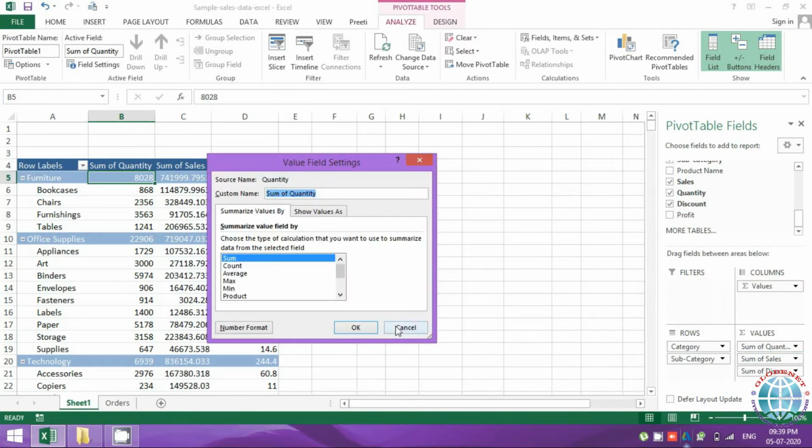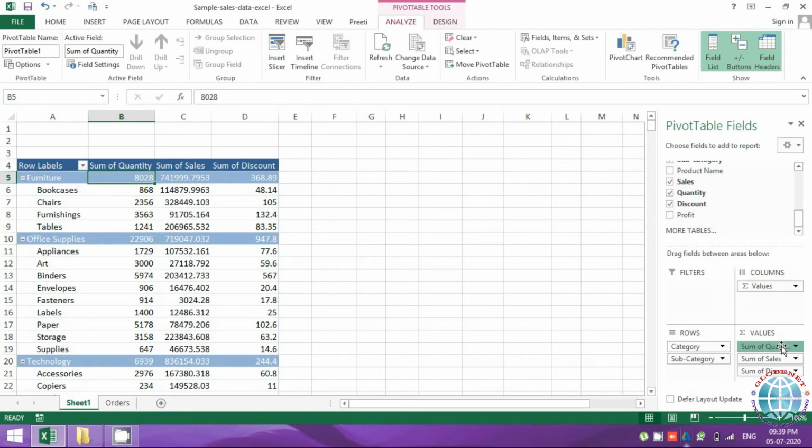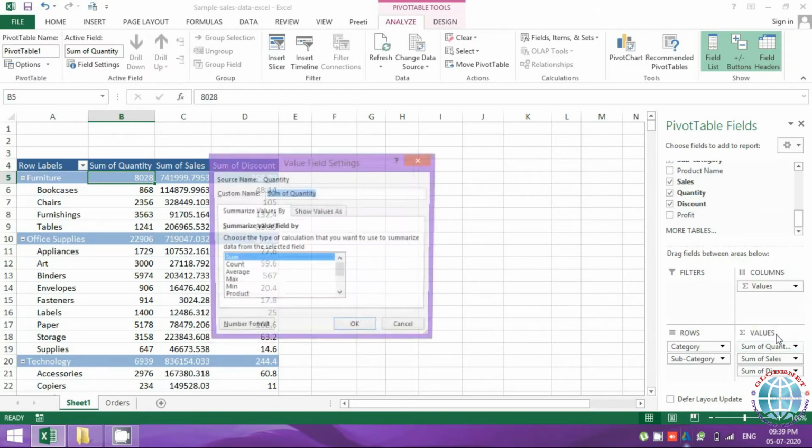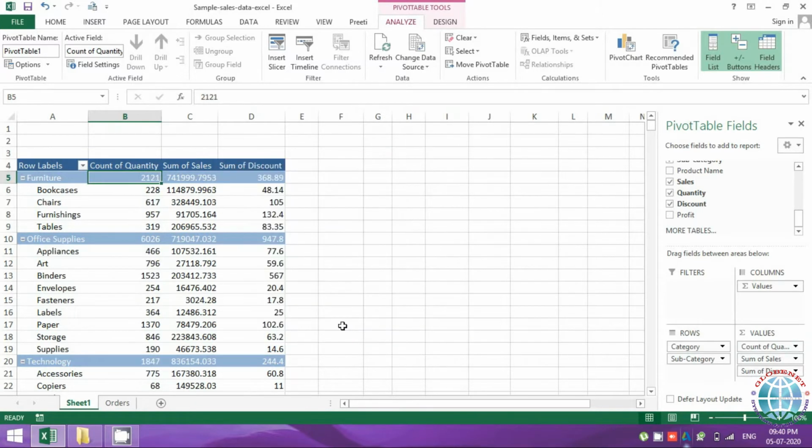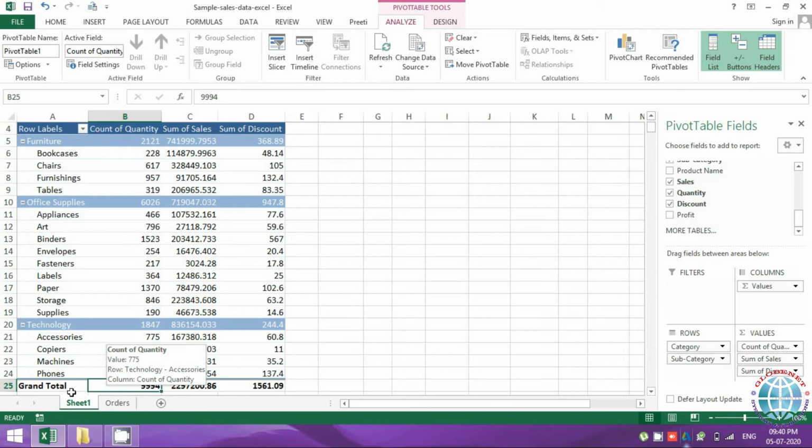So you just have to come over here and do value field settings. You get the default function. As I said, majorly it's count and sum that is used, but you can also perform other functions like average, max, min, product. These are some of the other options you can choose from. Okay, let me say if I select count over here, it will give me the count of how many entries there are basically. So if you just see, it will be the total number of rows that I had.